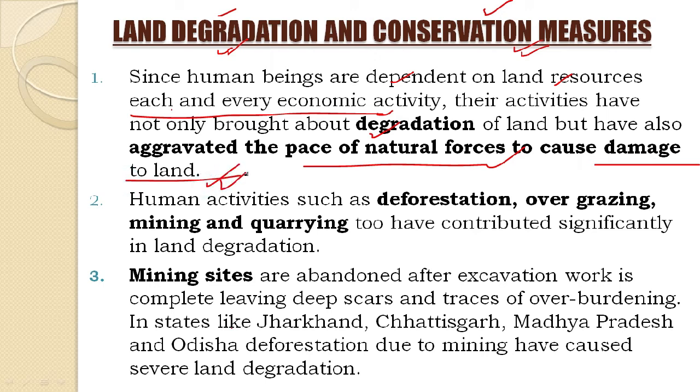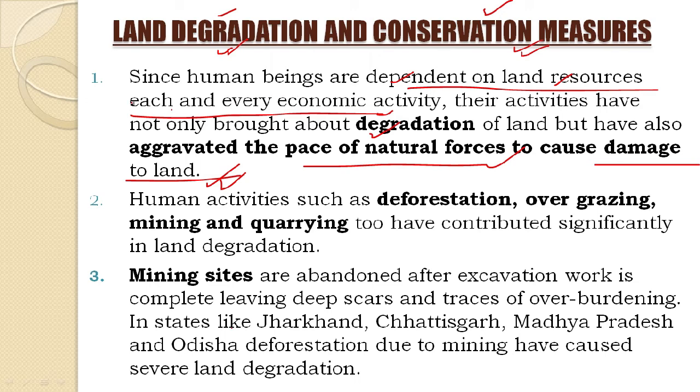Now let us break this point and try to understand. We see that human beings are dependent on land resources. Yes, we have seen right now that we are dependent on plains when we were learning the introduction to land resources, and we are dependent for agricultural activities, jobs, coming to school, going back to our home. So all the different kinds of economic activities are related to land resources, and land resources play a pivotal role in all these economic activities.